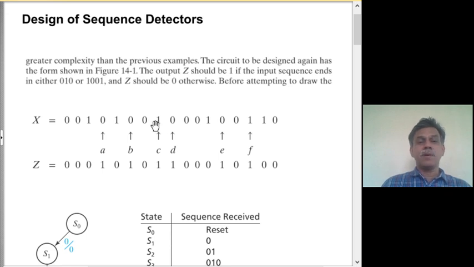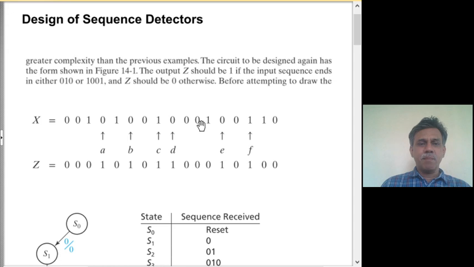Again there can be an overlapping of 0 1 0, here also D should occur. So, here is a case where 0 1 0 is overlapped and followed by 1 0 0 1, and here is a case where 1 0 0 1 is followed by 0 1 0 in an overlapped manner. Of course we can also have an overlapping of 1 0 0 1. The only way it can happen is that this one can be the last bit of one pattern and the first bit of the following pattern. That is the only way we can do that.